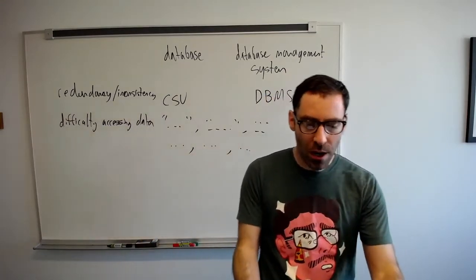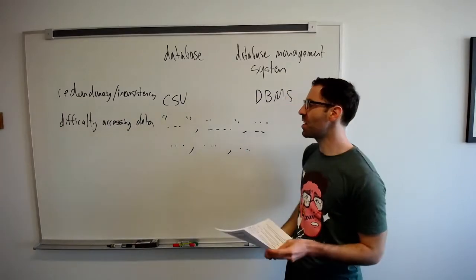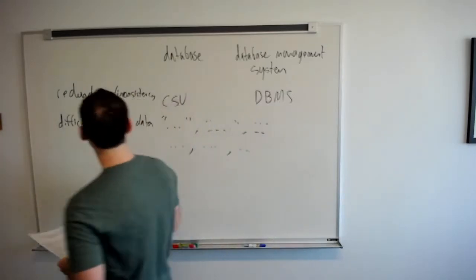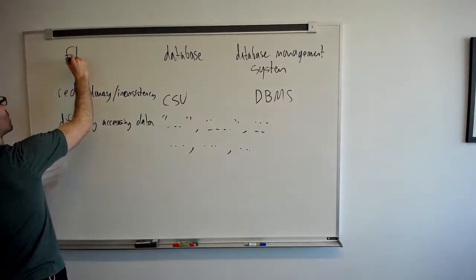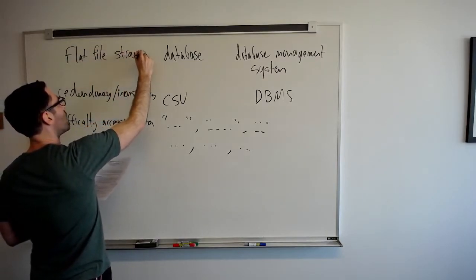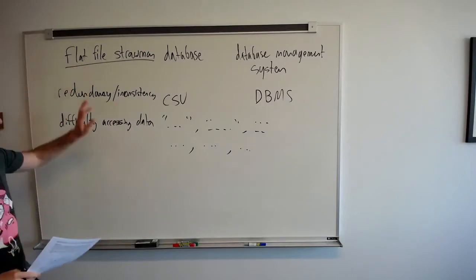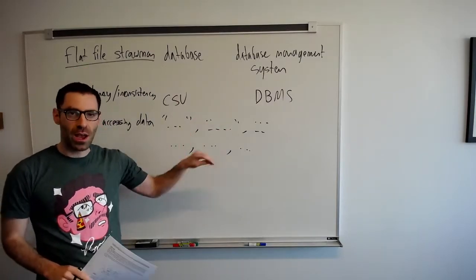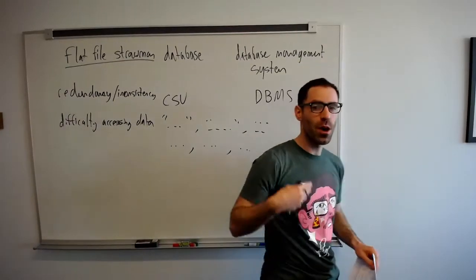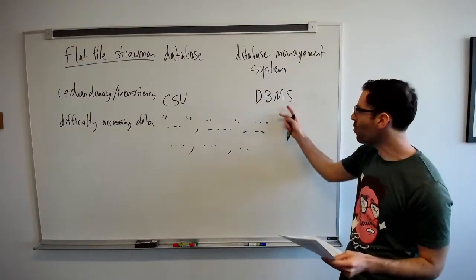And so we really want a more consistent and structured way of accessing the data than this sort of what I'm going to call my flat file straw man approach to a database. Flat file meaning we just have a bunch of files sitting around and we're running scripts. Straw man is that this is kind of a motivating example for why we would need a more robust database